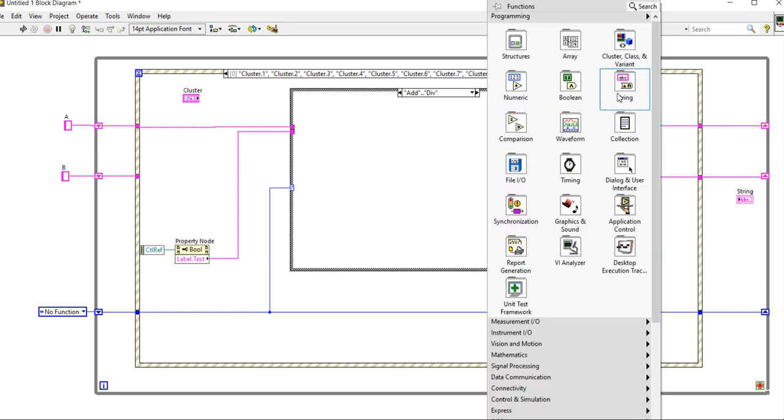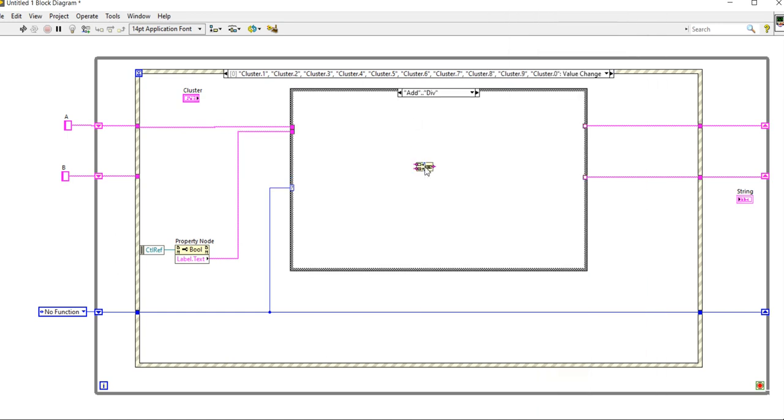So now we will do the same, we will use the same logic here. Connect with this one, and connect like this.